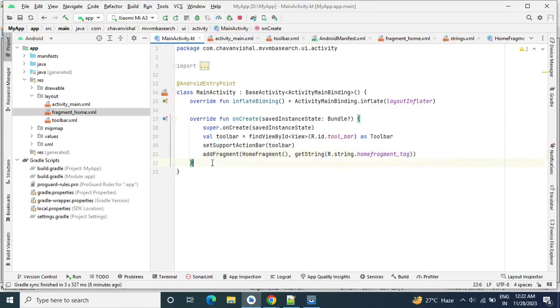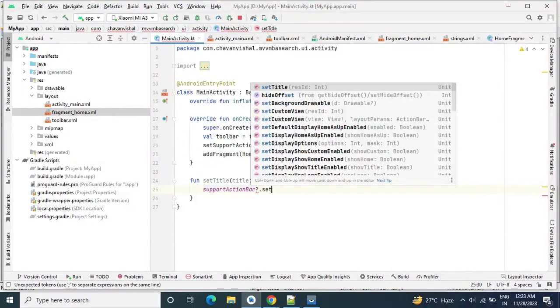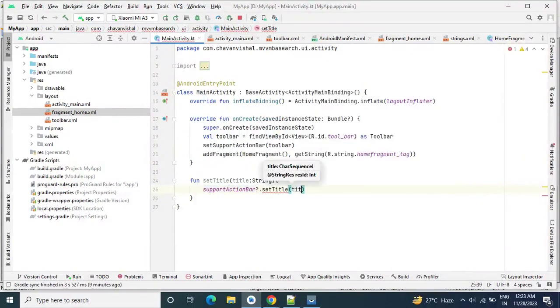So I am adding the fragment over here. Let me create one method to set some title in my toolbar. This method we will call from our fragment. Okay, so this is our main activity.